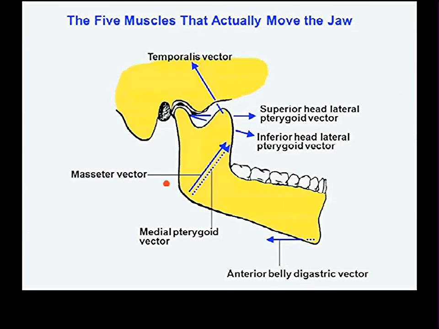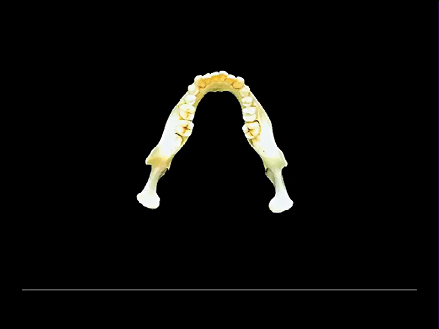Now, we looked at these muscles in lateral view here, but I want to point out to you that quite a few of these muscles, all of them really, have major components of vectors in an anterior and a posterior direction. And let's just look at the anterior-posterior components of vectors of 3 of them by looking down onto the surface of a mandible. Here's the condyle, here's the coronoid process, and obviously the body with all the teeth.